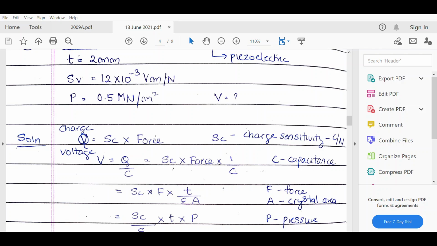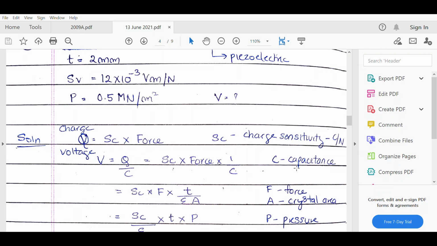And to find out the voltage, we can divide the charge by the capacitance, and so the voltage generated in the piezoelectric crystal would be the charge sensitivity into force into 1 divided by C, which is the capacitance of